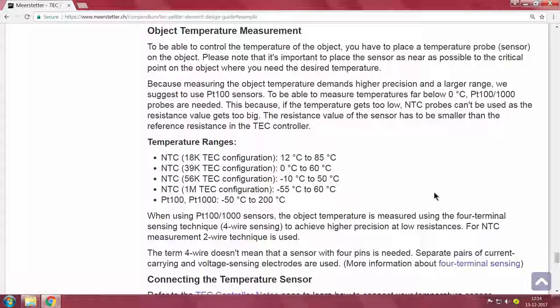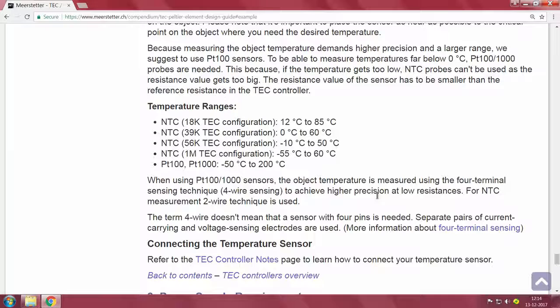One of the other important things is how do you measure the temperature. Obviously, we need to have this different type of, you have seen this here.